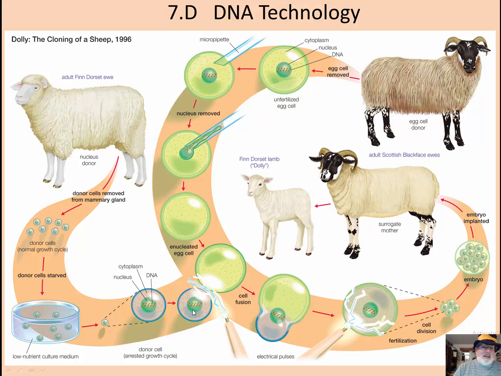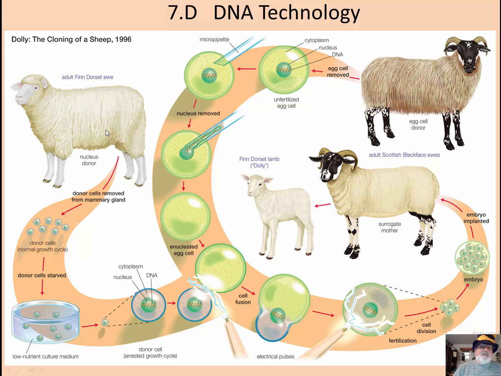Then we took this DNA and the shell, and we infused it inside of this cell membrane, and then we put electric pulses in it, and we fertilized it, and we let it grow through a couple of mitotic divisions, and then we implanted it inside of this surrogate mother, who was a Scottish blackface ewe, and she gave birth to Dolly,